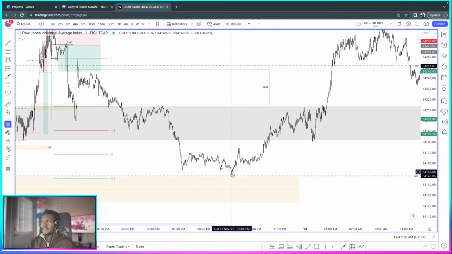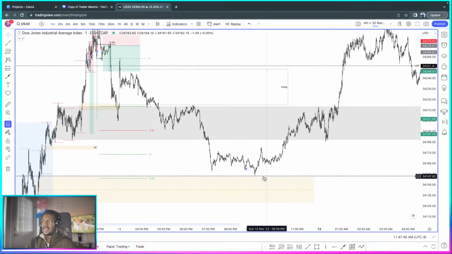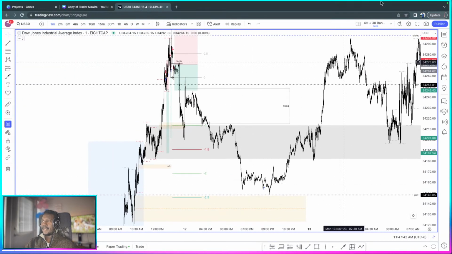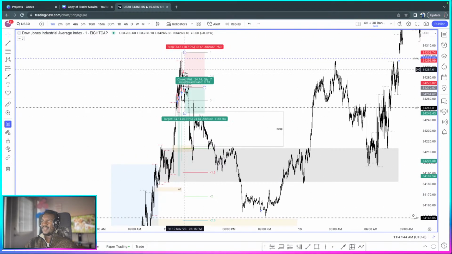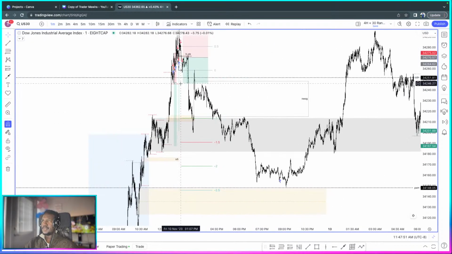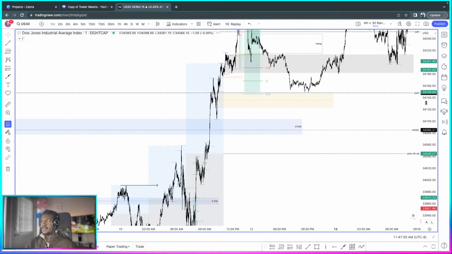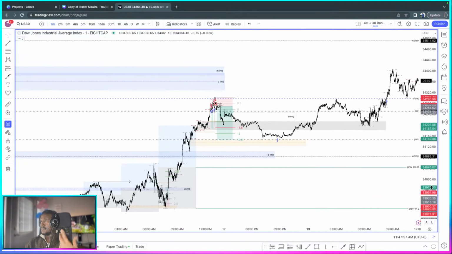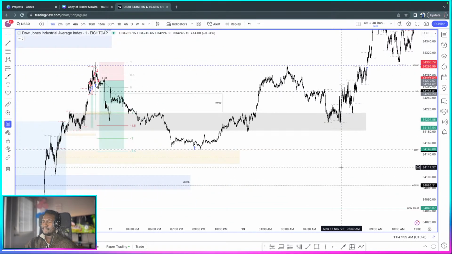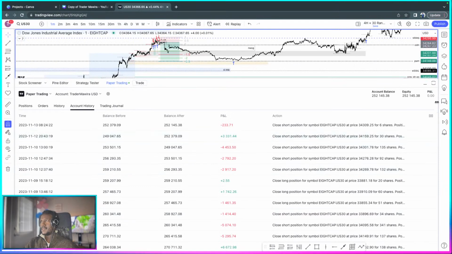It looked like they were going to keep on going down, and they did get to that level right there, which was the previous week high, and then they shot back up. Imagine not paying yourself anything with this decline, only for it to come up, come down, and then come and take you out. So we did good to pay ourselves right there. And then my final TP, I put down here. At that point, I already took a good chunk, so that was a good trade.